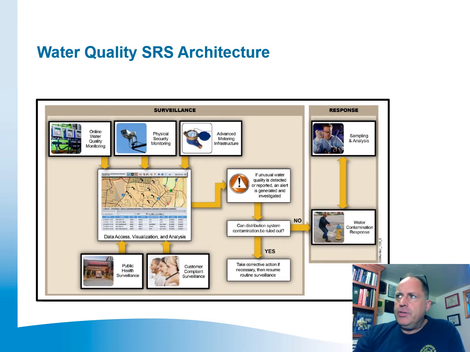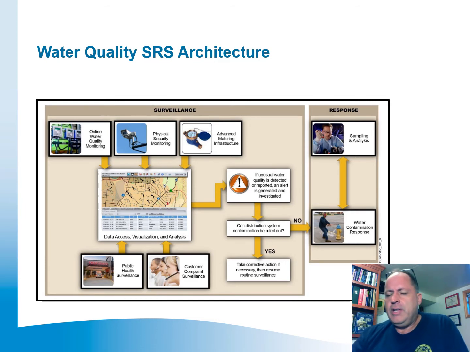This slide shows a water quality surveillance and response system architecture diagram. The diagram has two parts: surveillance and response. The surveillance part has 5 components. Those 5 components are online water quality monitoring, physical security monitoring, advanced metering infrastructure, public health surveillance, and customer complaint surveillance. These components provide data streams that are analyzed routinely, and if an alert is generated